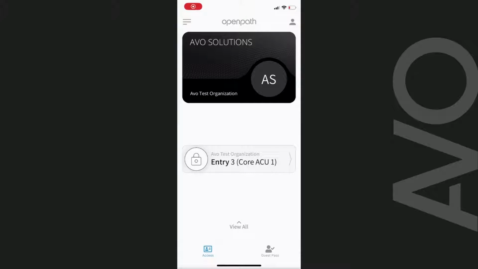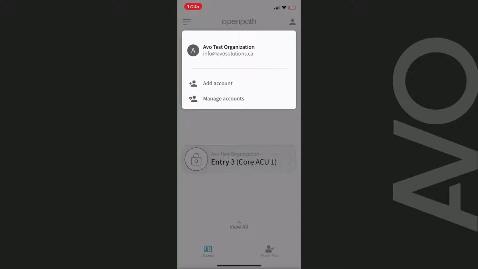Start by opening the Openpath app. The access page will open and your badge will display as well as any nearby readers. Depending on the entry state, you can open these doors by touching the entry. In the top right corner, you have your account button where you can select which account is active and add